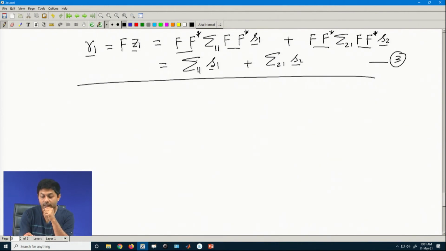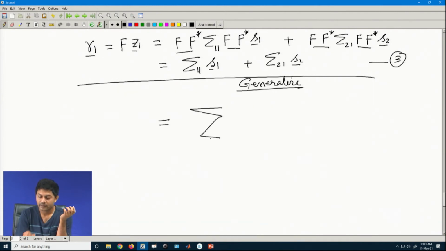Okay. Now, you see that it is a summation of two individual summations. Now, if I generalize it, from here itself I can generalize the transmit antennas. Let us say I have NT number of transmit antennas. So, what can I write? This equation number 3, can I write it like that? Summation of sigma L1 S of L, let us say L is equal to 1 to NT. Do you agree with this?